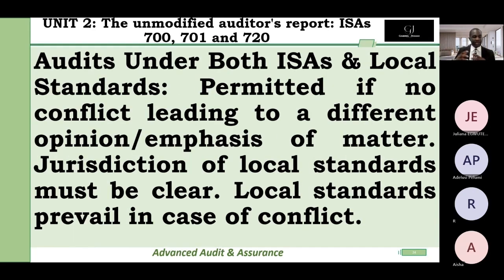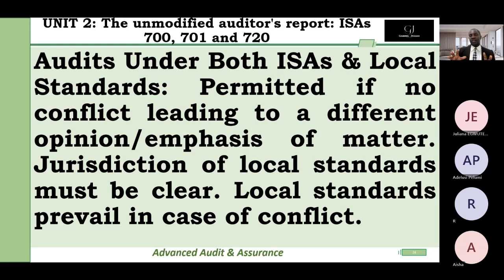ISAs and local standards, where before we were using statements of auditing, Nigerian local standards. I know we had the statement of accounting standards and the Nigerian standards on auditing. Permitted, if no conflict leading to a different opinion on the emphasis of matter, the jurisdiction of local standards must be clear, and local standards prevail in case of conflict. So